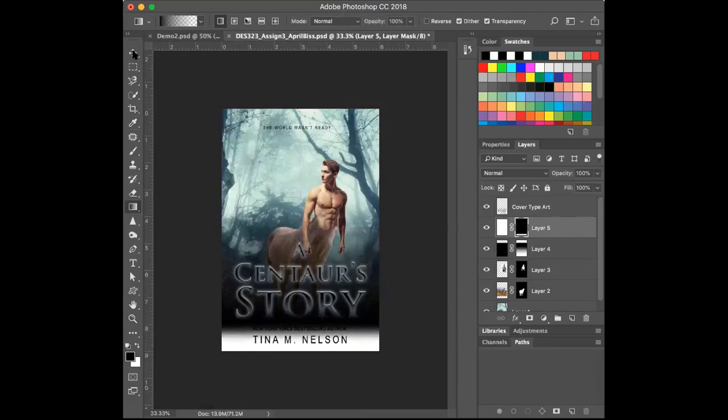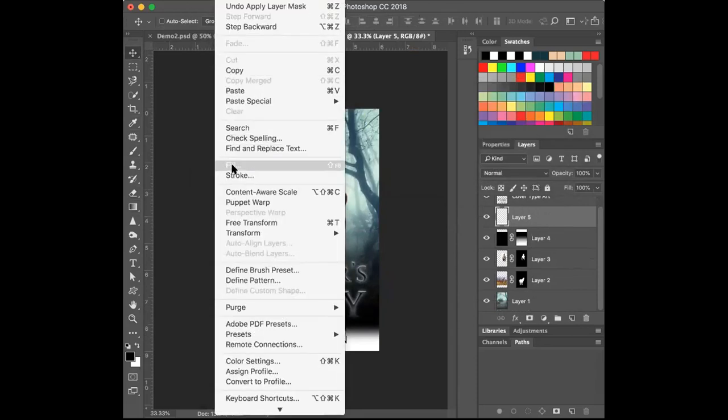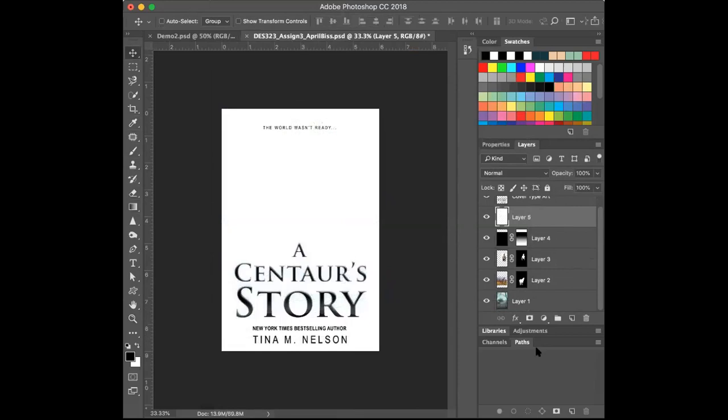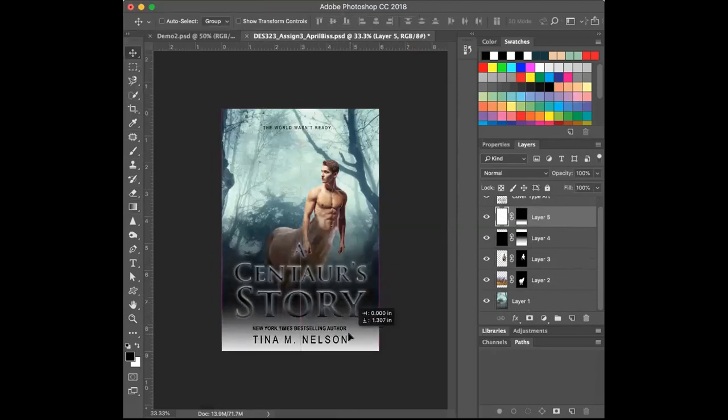Trying to adjust this. Wait a second. Let's do this again. We can just pull this down. Okay, so you're basically doing the same thing, only the other way, so that the bottom copy can be easier